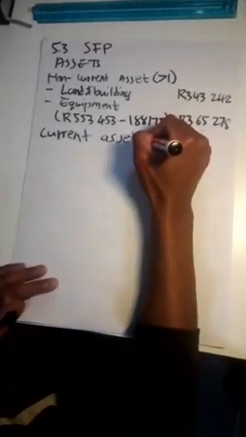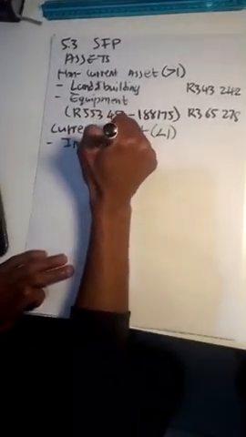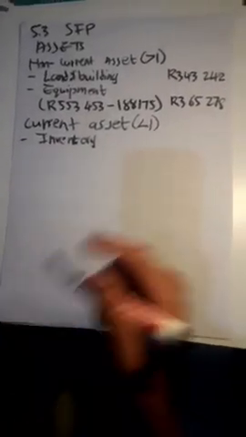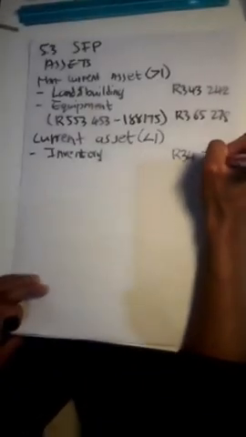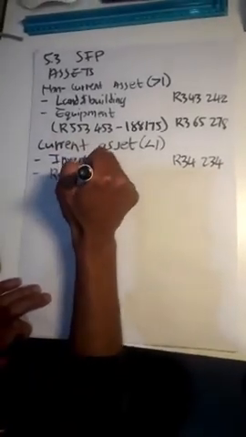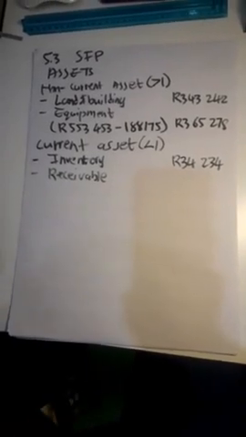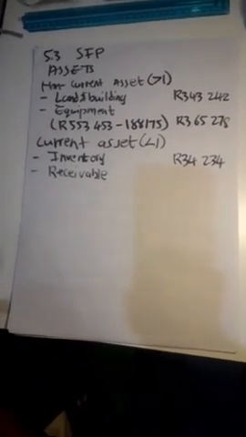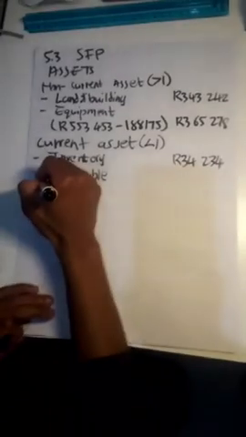This one should be utilized in less than a year, right? The first one we have is what? Inventory. And then you ask yourself, was there any adjustment affecting inventory? No. And then you write it the way it is: 34,234. Secondly, you have receivables. So with receivables, what is your balance for receivables? It's